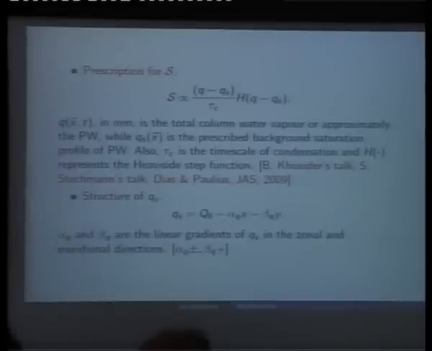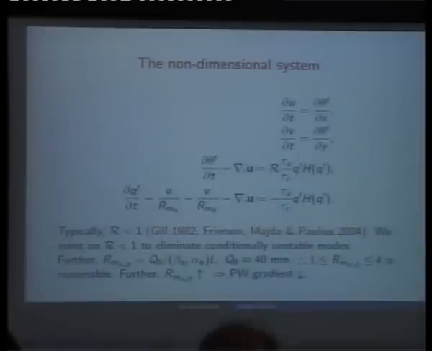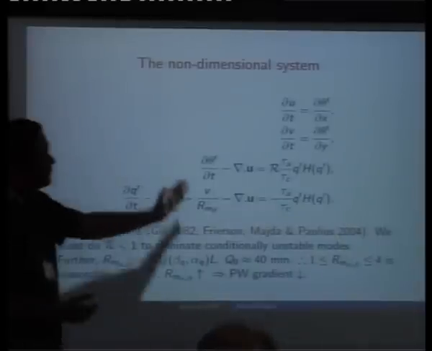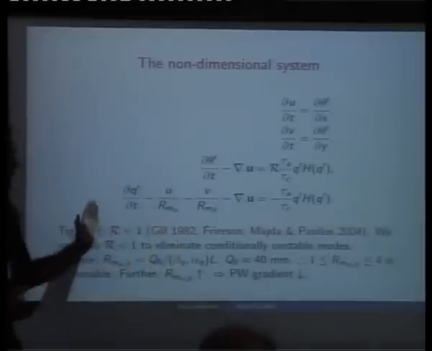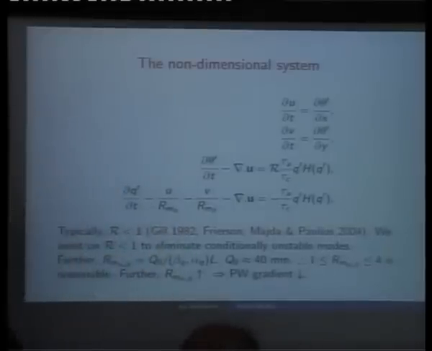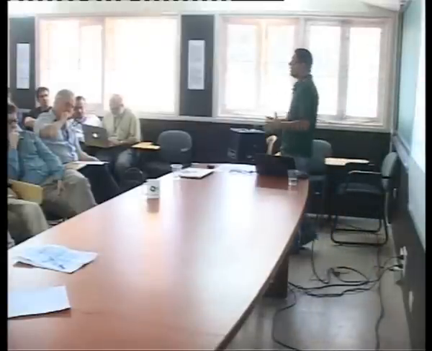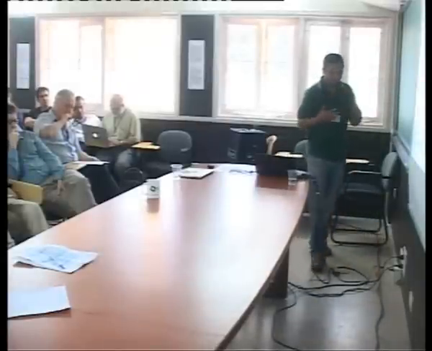Therefore, alpha Q can be positive or negative. It falls off as one goes in the meridional direction. Therefore, beta is of a single sign, right? Once you take these ingredients, you can immediately write down a non-dimensional system, which again, the non-dimensionalization and so on can be seen very clearly in the paper by Gill, or a paper that I highly recommend is a paper by Frierson, Majda, and Pauluis written in 2004.